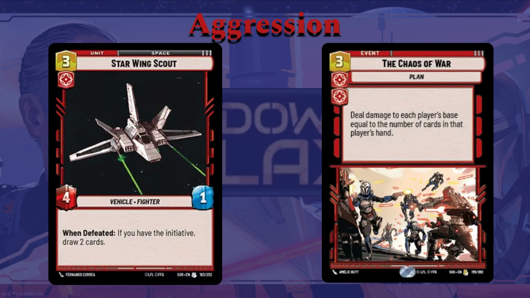It's a 3 cost, double aggression card. It says deal damage to each player's base equal to the number of cards in that player's hand. And normally this is sort of just like a bad for everybody type of card. But with Kylo, it can be a bad for your opponent only type of card. If you're down to 1 or 0 cards in hand, this is the last card you have in your hand,